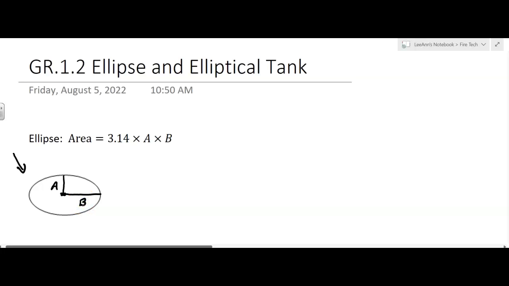These are called conic sections in math, and you can learn more about them if you take, I think, pre-calculus. But for our purposes, we just say, okay, there's an ellipse, and when we know those measurements,